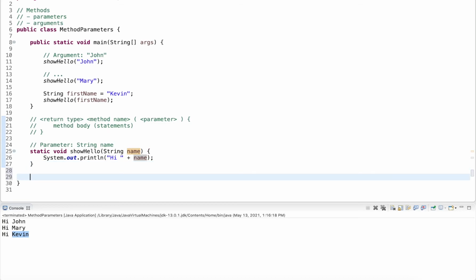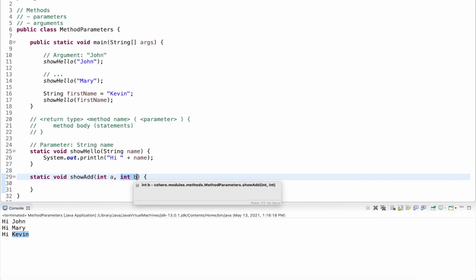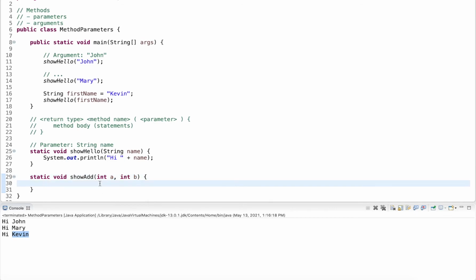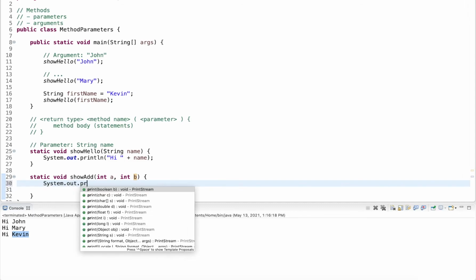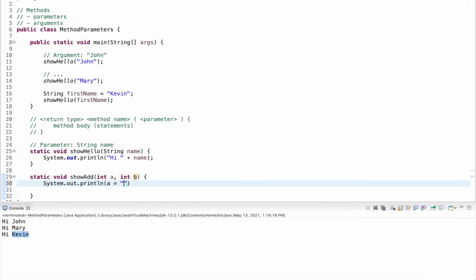Now let's do one more example. Let's say I have a method void that is called show add, and it has two variables, int a and int b. And these variables here are parameters, right? Since I don't declare them as local variables inside the method, I expect an input for both of these. And here I output the equation for it. I output a, then I concatenate the plus sign, then I concatenate the value of b with the equal sign, and here I put in parentheses a plus b.